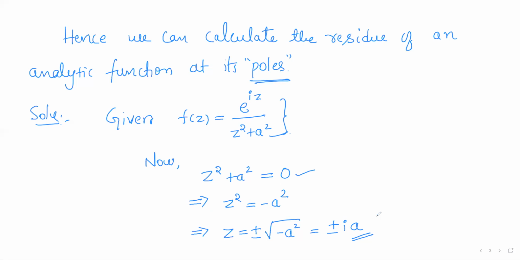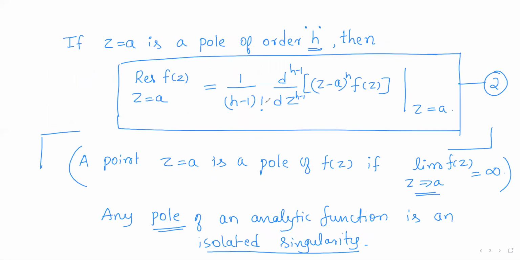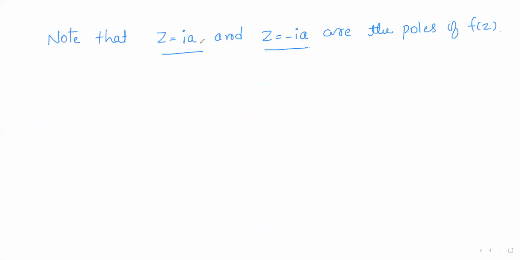Plus ia is a zero of order 1, minus ia is a zero of order 1, right? So hence it follows that plus ia will be a pole of order 1, minus ia will be a pole of order 1. Further, z is equal to plus ia and z is equal to minus ia are simple poles of